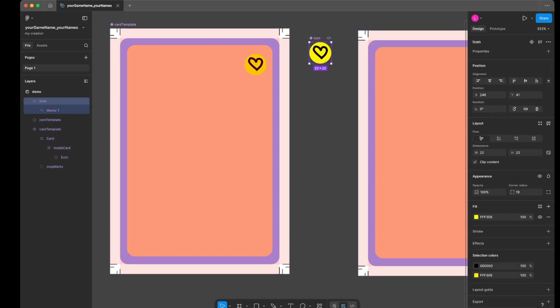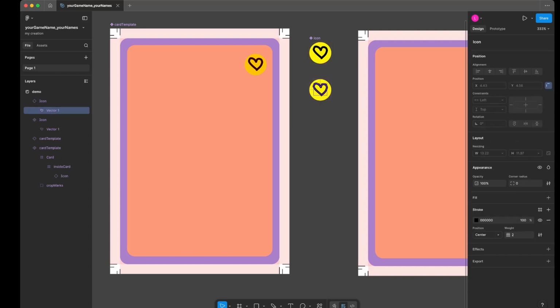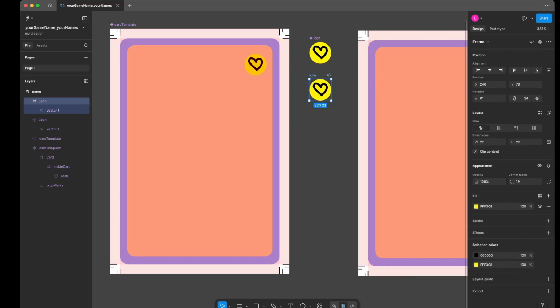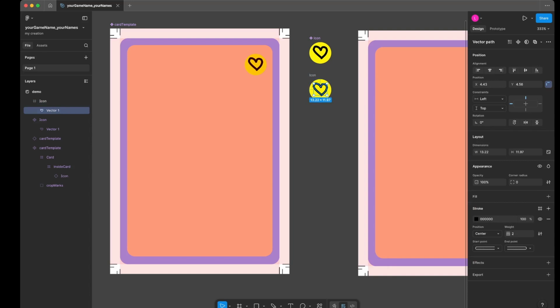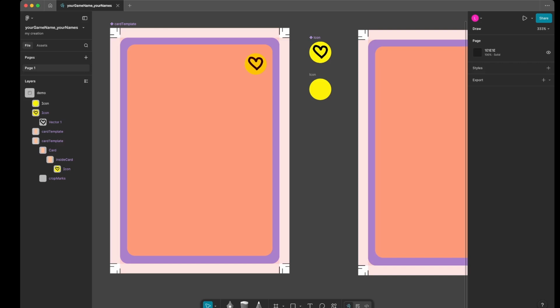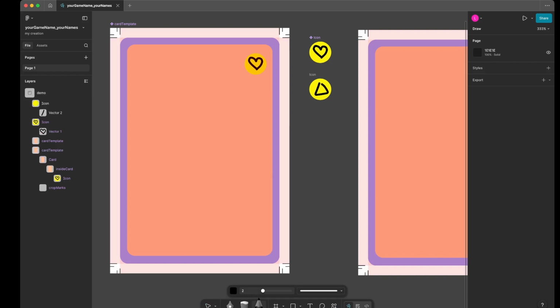What I'm gonna do is I'm gonna duplicate this icon, and then I'm gonna right click, find detach instance. Gonna detach it, and then I'm gonna change something in there. I'm gonna delete this thing inside. I'm gonna draw something different inside there. I'm gonna draw this triangle, let's say. Okay, yeah, there we go. And then I'm gonna go back to the design view,